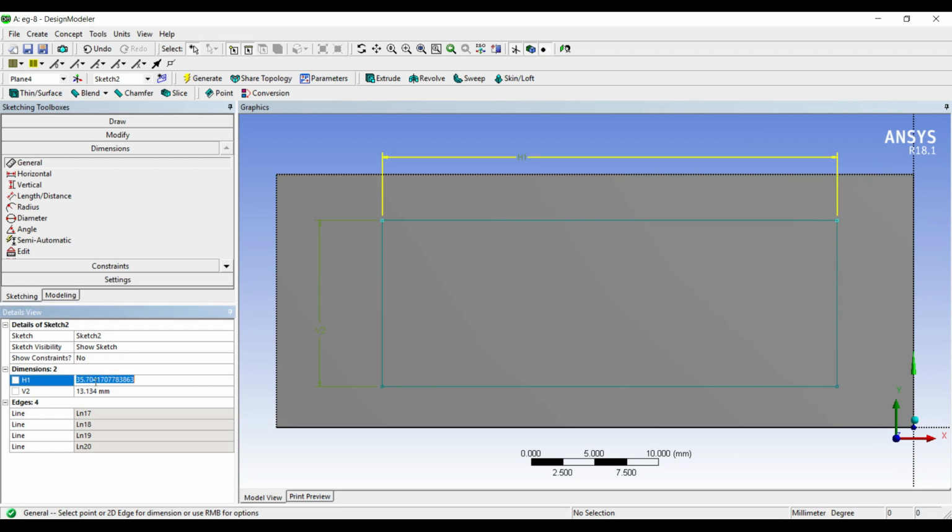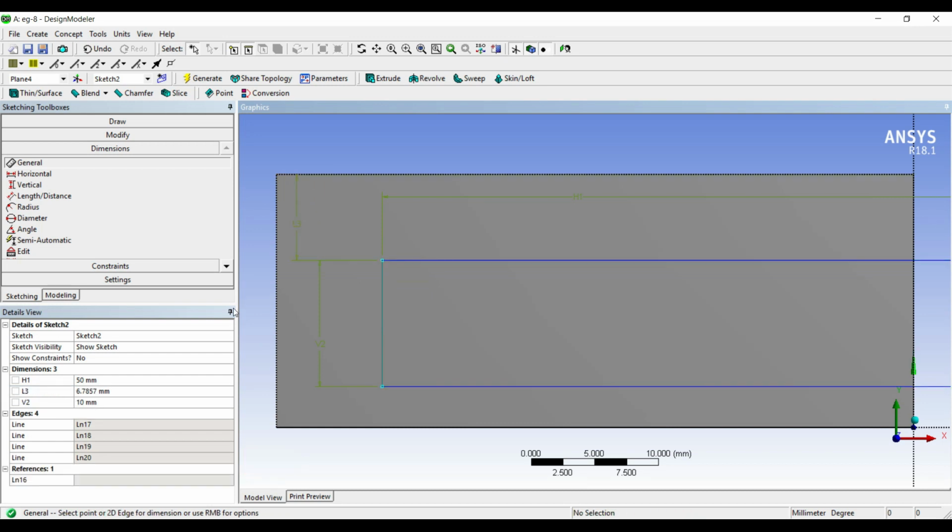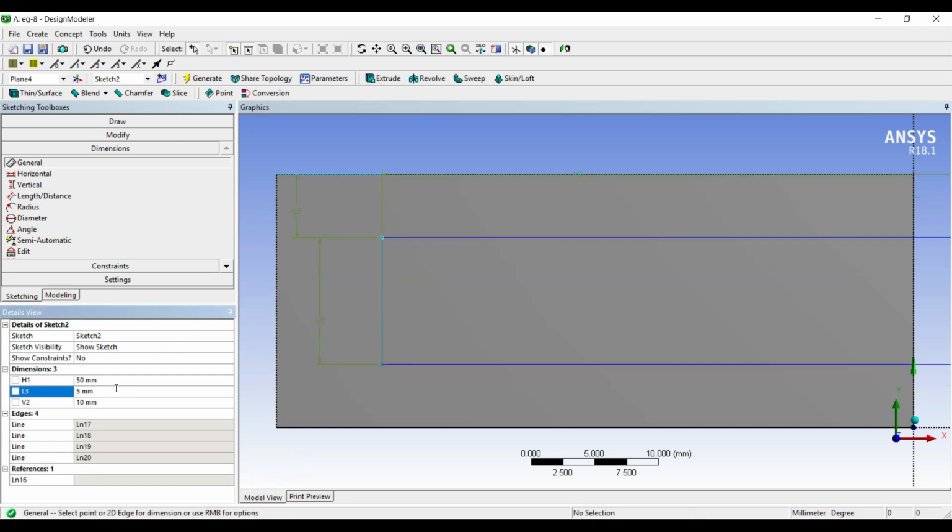Say H1 is 50 and V2 is 10. I need to also mark some distances. This height is 10 and this height behind is 20. So obviously this gap is going to be 5. So I'll just mark the distance between these two as 5. So it is now at the center.